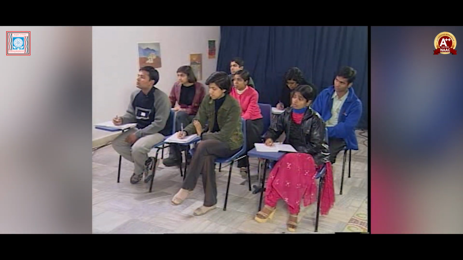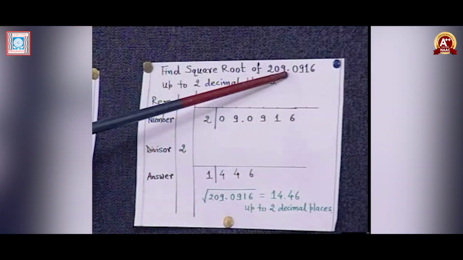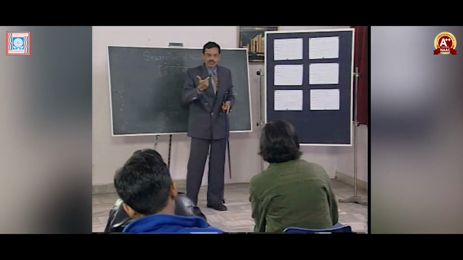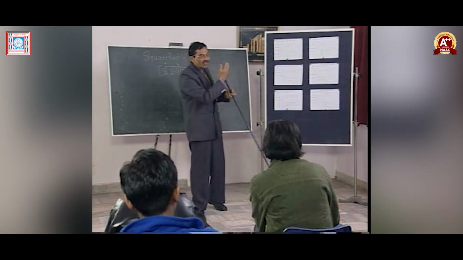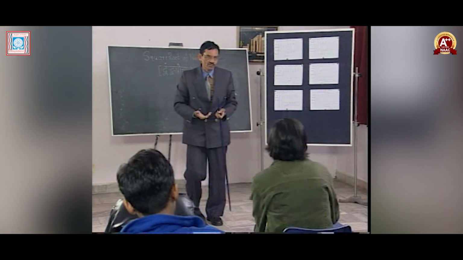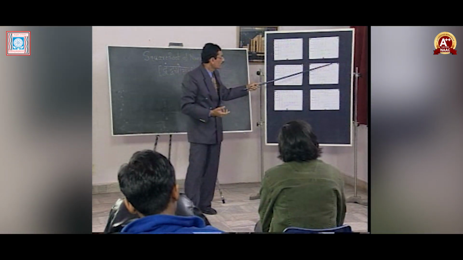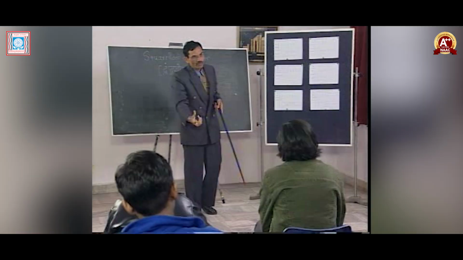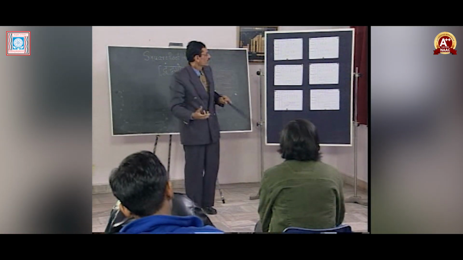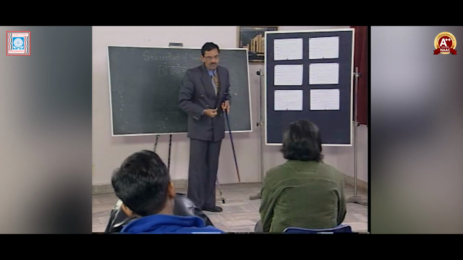Let us come to a similar case. Now see the example. Find the square root of 209.0916. That is always a question in the mind. When there is a decimal point in the given number itself, how to find the square root? Of course, that decimal part is going to contribute to the square root. We cannot neglect it. But how to start then? Write the number